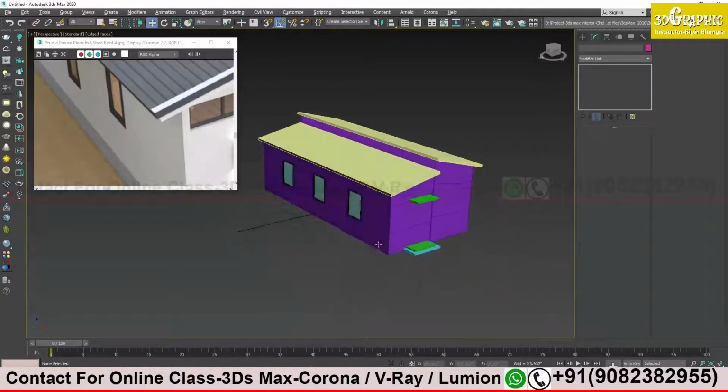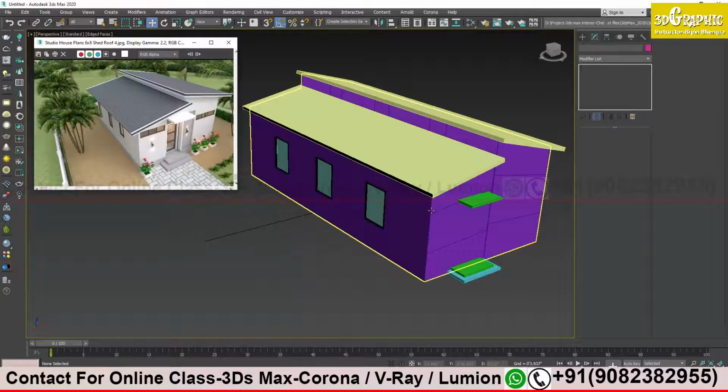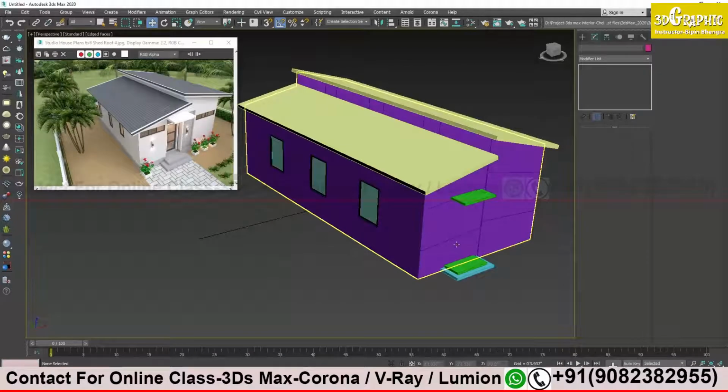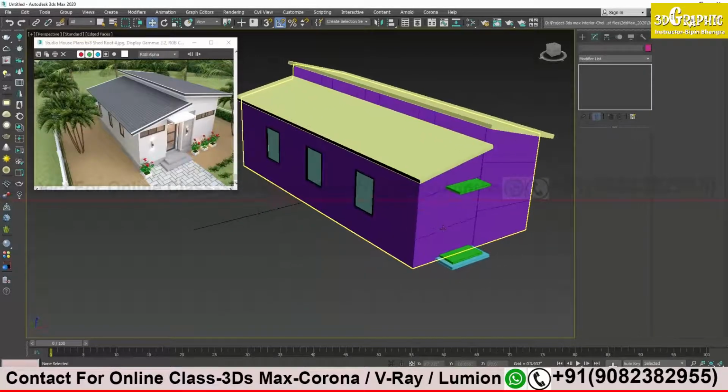So for today's class I am keeping it till here only. Both of you have the images. Try to complete the house front and back as similar as you can. Try to create the border, the boundary walls and all, the floor over here, the path. Priyanka and Sasikaran, try to create the model as much as you can, and from Monday or Tuesday we will actually work with the dimensions.